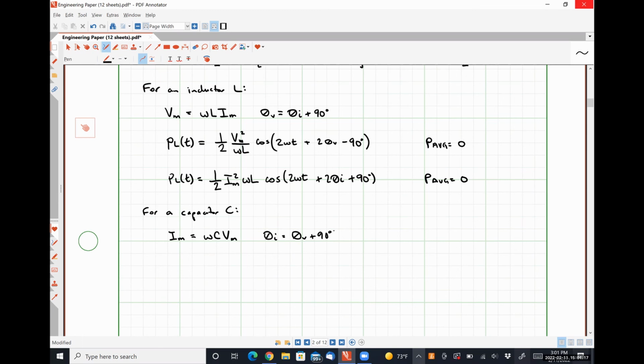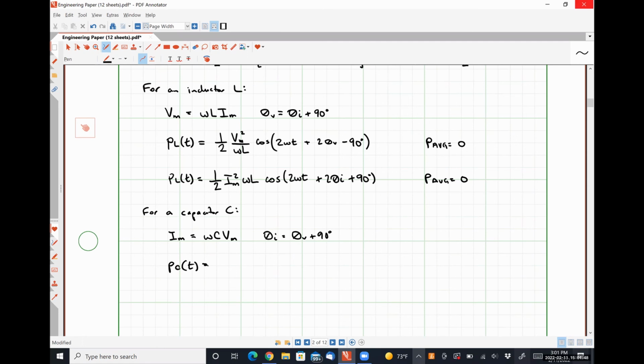So what is theta V minus theta I then? Theta V minus theta V minus 90 degrees is negative 90, right? Cosine of negative 90 is also 0. And so that means that the DC portion of our instantaneous power for capacitors is also 0, giving us